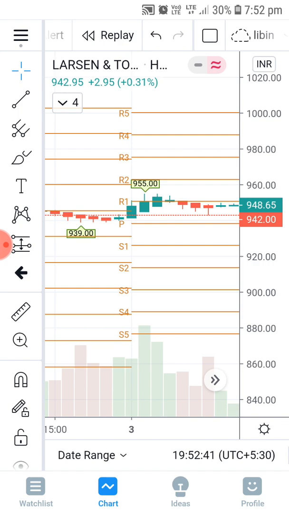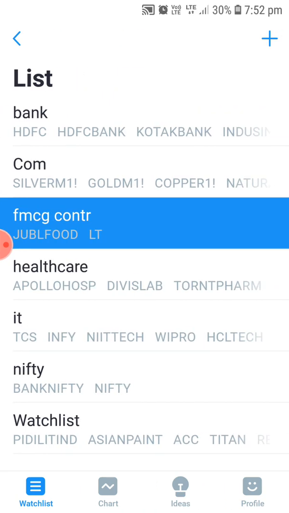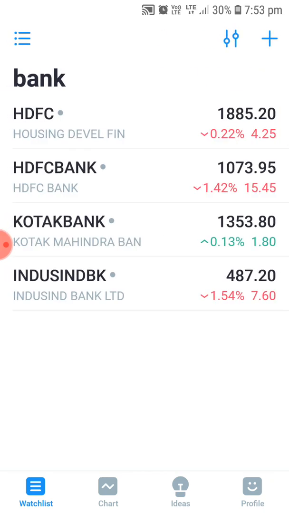And based on the chart, let us move to the watch list first. This is like the watch list of the trading platform. Here on TradingView, it is very easy. Once you set the chart, for example, you want to see that banks are performing well, and with one click all the banks will be coming here. This you have to create first.